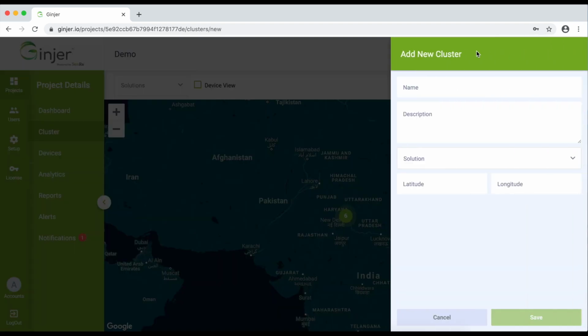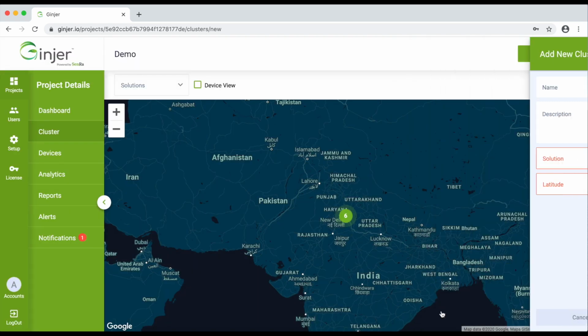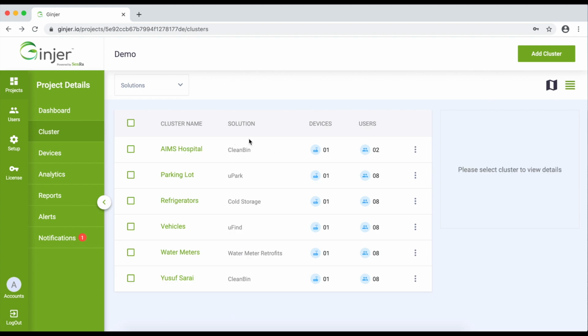You can do that by simply creating a new cluster by clicking on the Add New Cluster button. You'll provide the lat and long of the area of where you're deploying your devices, provide it a name, select the solution which you're deploying. Again, SenRa does offer pre-configured solutions. Wherever you are in the system, if you see a green check mark, that means it's verified and pre-configured by us. Or you can add your own as an administrator, and I'll have a different video that will walk you through the setup piece. But once you choose your solution, then you click Save and it will be added into the